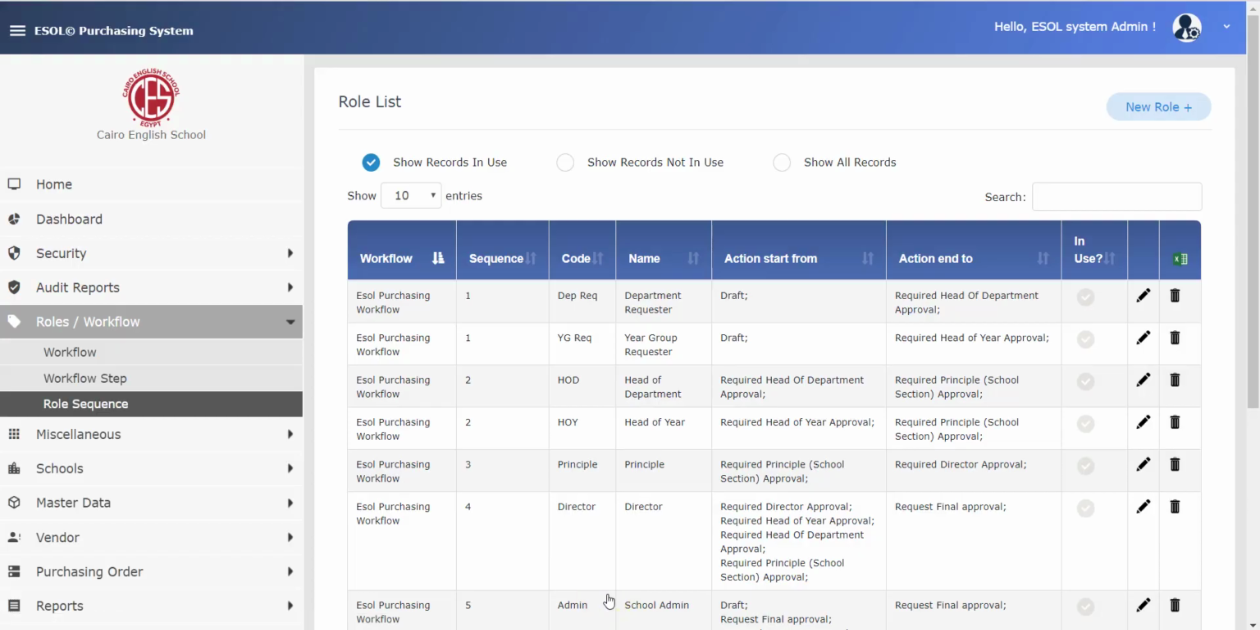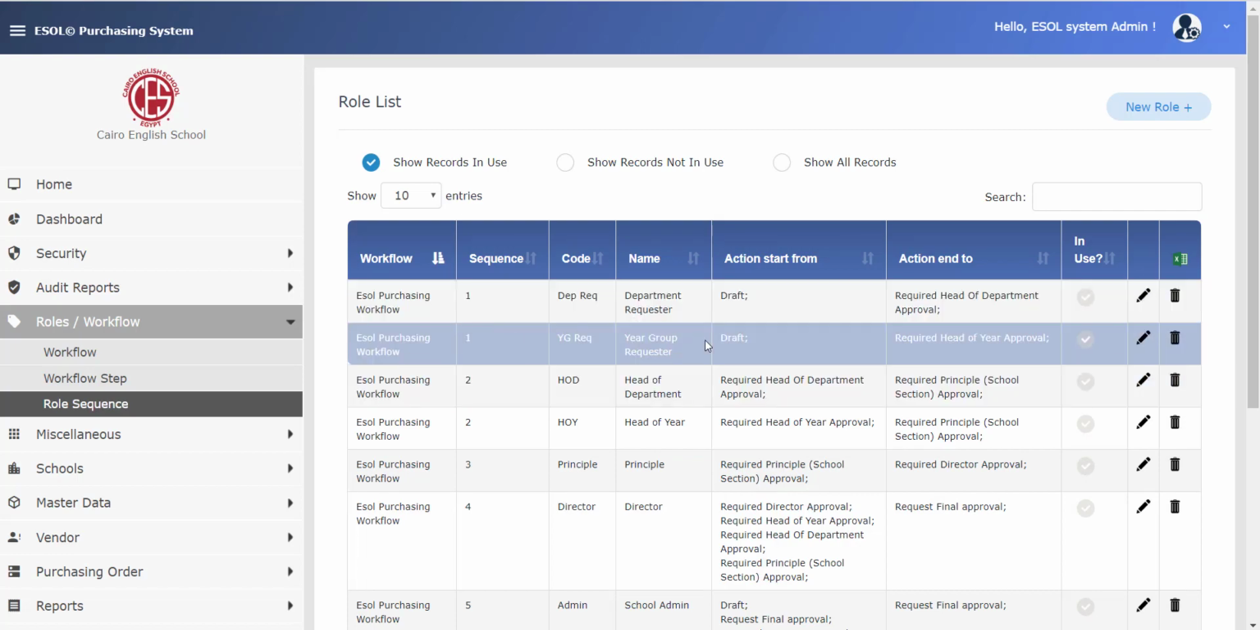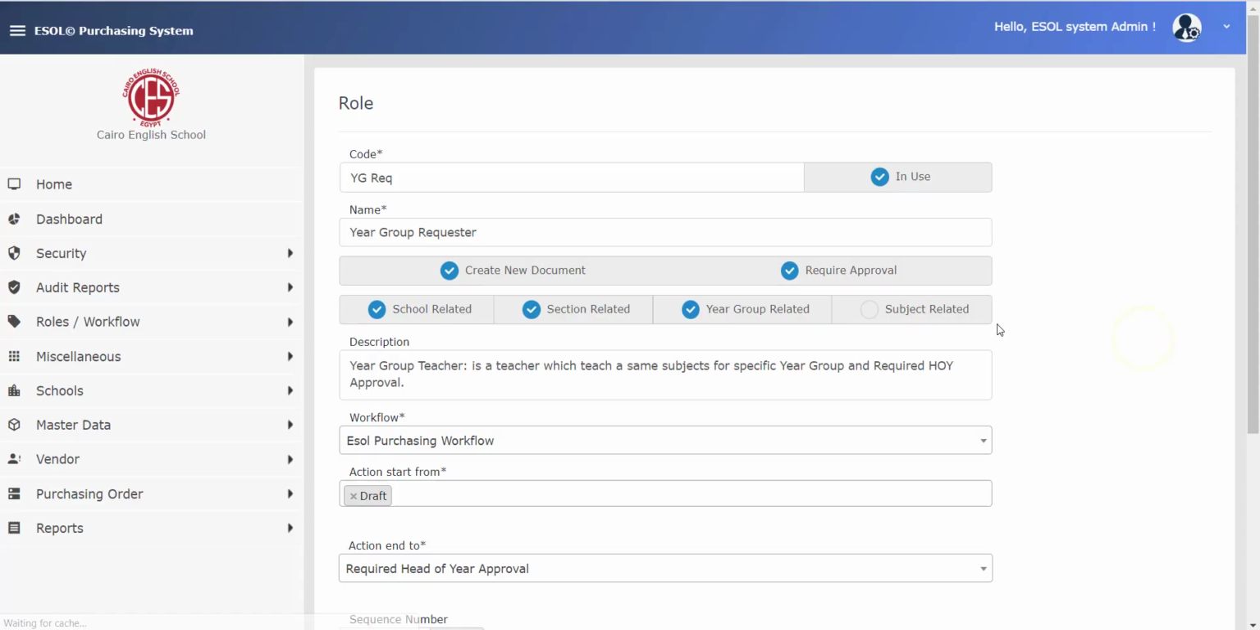Let's take an example and say Cairo English School does not have a department requester or a subject teacher or departments. It has just year groups. The system will understand because we will give it the same sequence, which is number one, but as a year group. It will go to the same starting step. If this is not available, it will go to the other one,